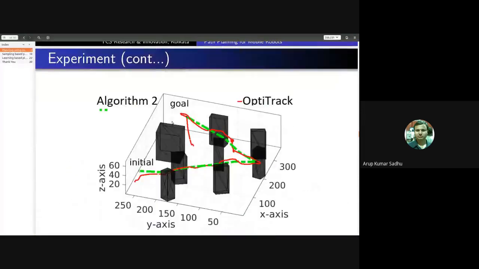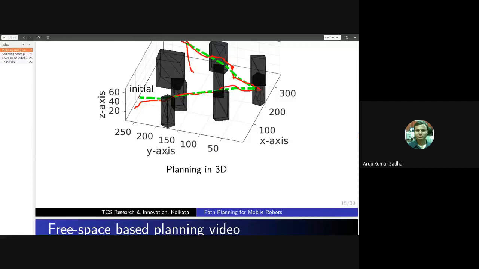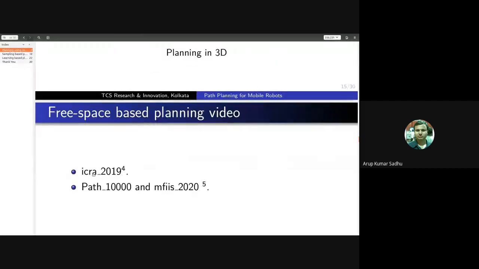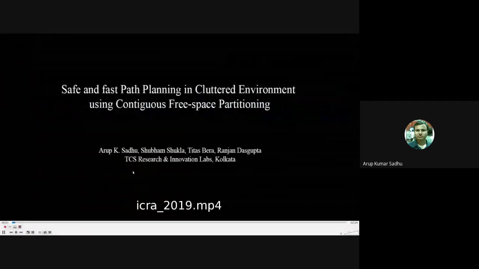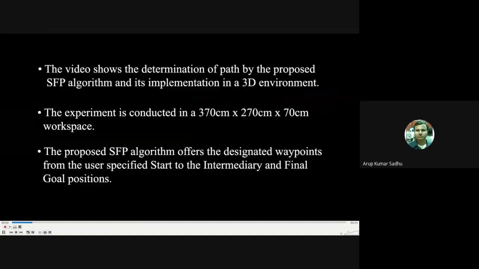This is our algorithmic performance in a 3D environment in our lab. Initially we simulated it in MATLAB, and later we tested it in hardware also. We have some video for this. This paper we have published at the International Robotics Conference, ICRA, Robotics and Automation.